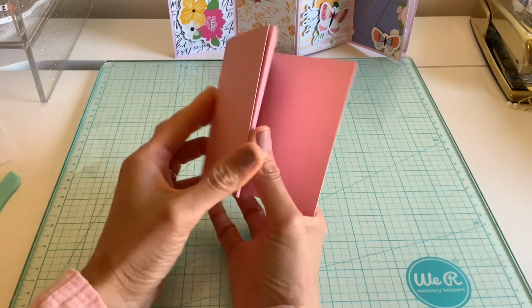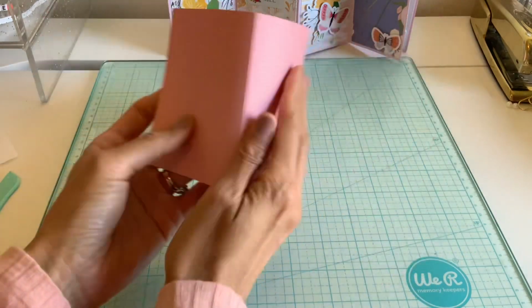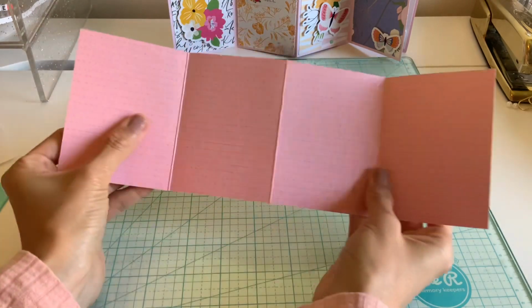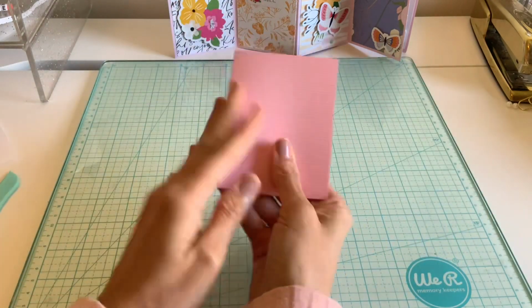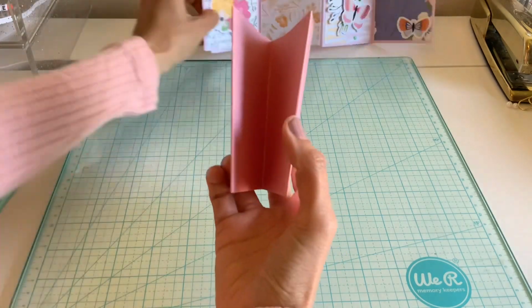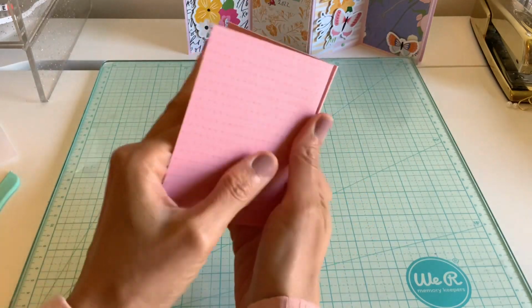So you've got your thing, and I'm actually going to use, hold on, because I want the outside to be plain. So I'm gonna do mine like this. Oh wait, what did I do? Actually, no, I did have it the right way, sorry. Okay, so